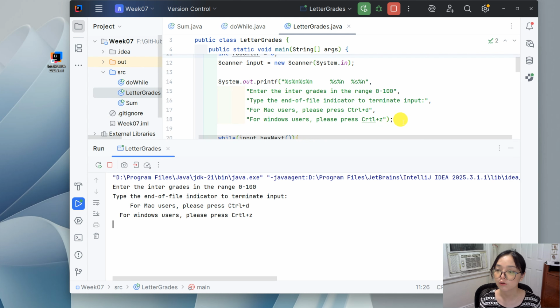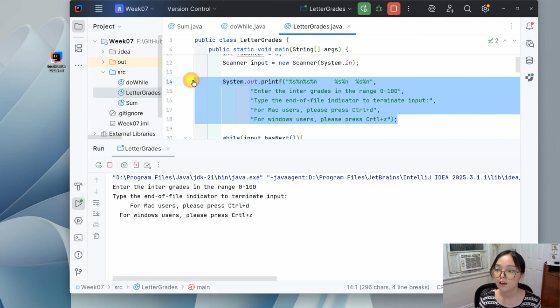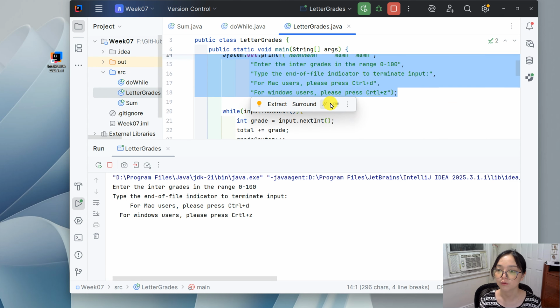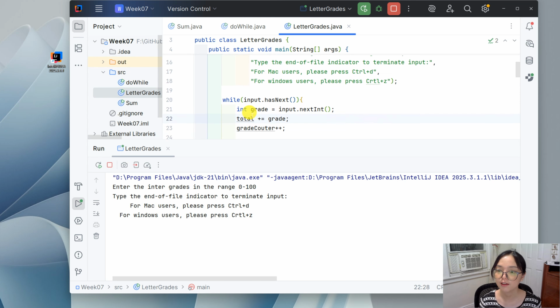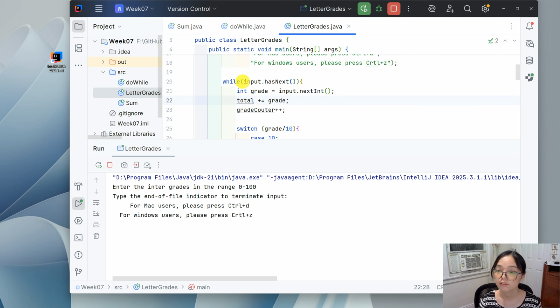And this is corresponding to these lines of the code. After that, we will get the input, right, from the scanner. So let's say our first grade is, let's only take 10, okay? So let's try from the simple examples. 10,